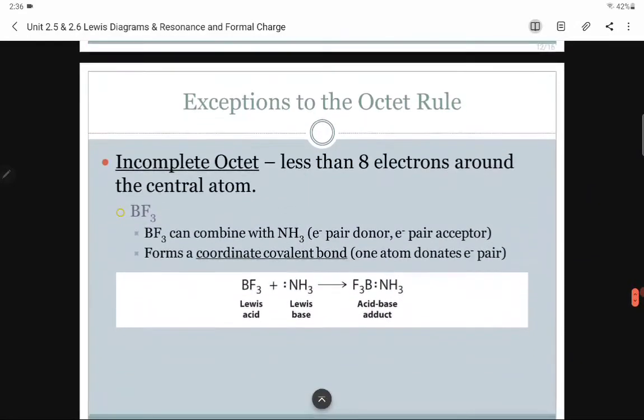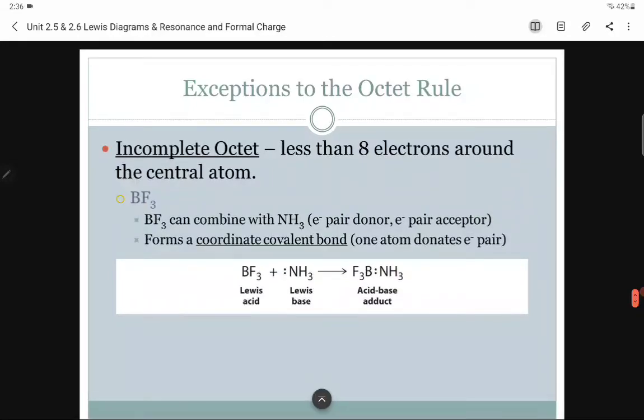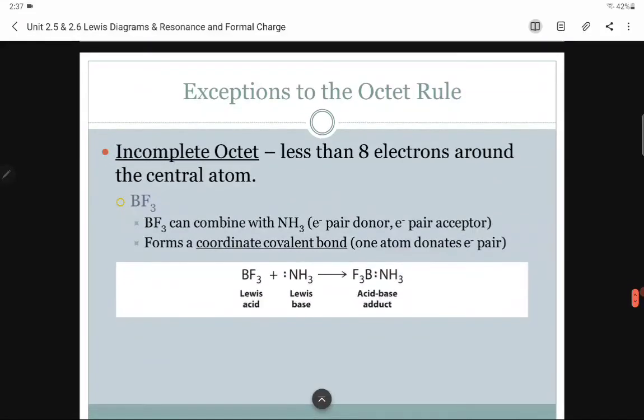And lastly, you didn't do any of this in first year chem. There are exceptions. How do we know these exceptions exist? Because we know these molecules exist. So the Lewis dot structures are very, very, very simplistic, and they work for lots of things, but they don't work for everything. And so there are some molecules that just don't have enough electrons around them, like